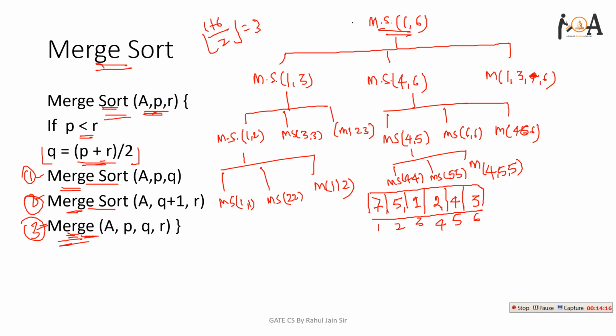This is the first function which I will execute, merge sort 1 to 1. After that I will traverse to this function, and this function will be executed, but it is not yet completed. When I call merge sort 1 to 3, it will call merge sort 1 to 2. It is the third function I will call in order. After that it will call merge sort 1 1. This will be executed completely because it is the smallest problem. After that merge sort 2 2 will be executed.